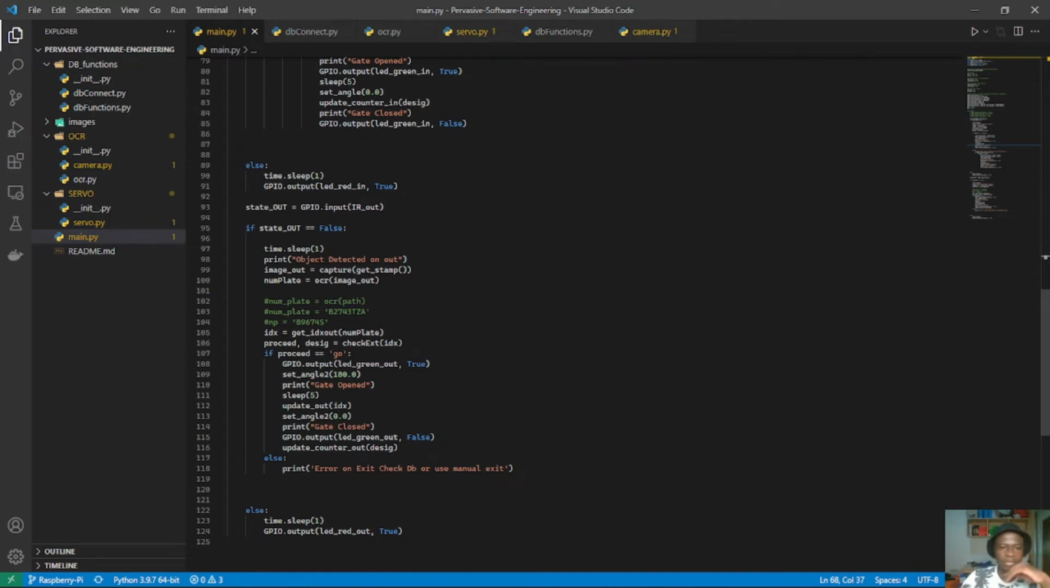So here is state for outside. So when it's false, then we will set the time to sleep 1. Then we print object detected out. Now we get the image from the camera again. We get the number plate from the API. So now that the number plate is here, we just go and get the index from the parking table using that number plate. Then what we get now is just 2 variables: the designation, and the proceed or no proceed,